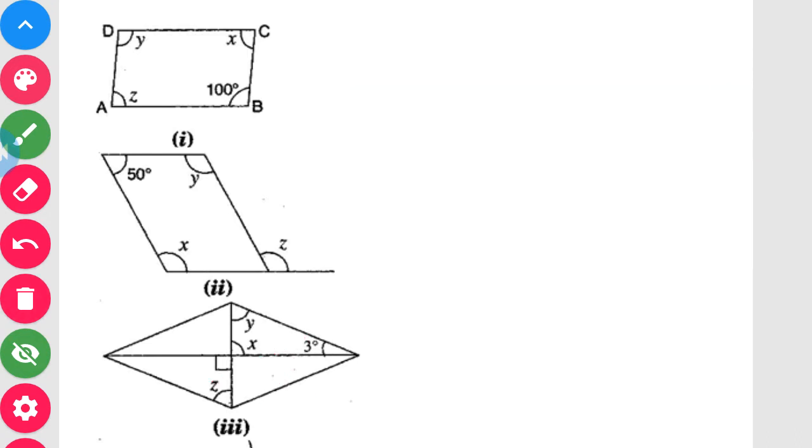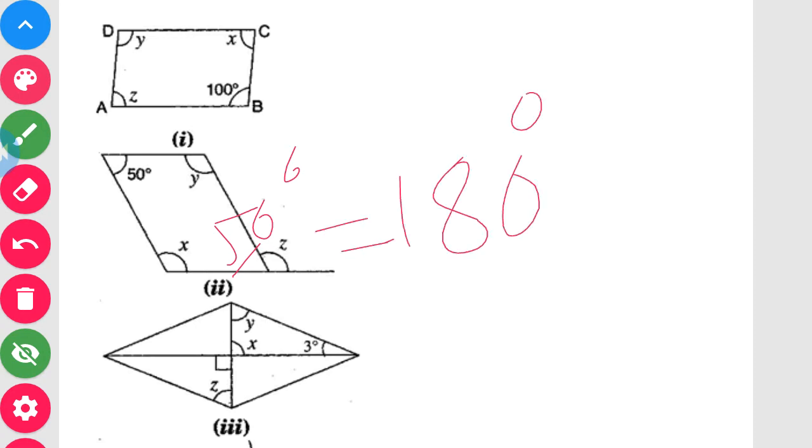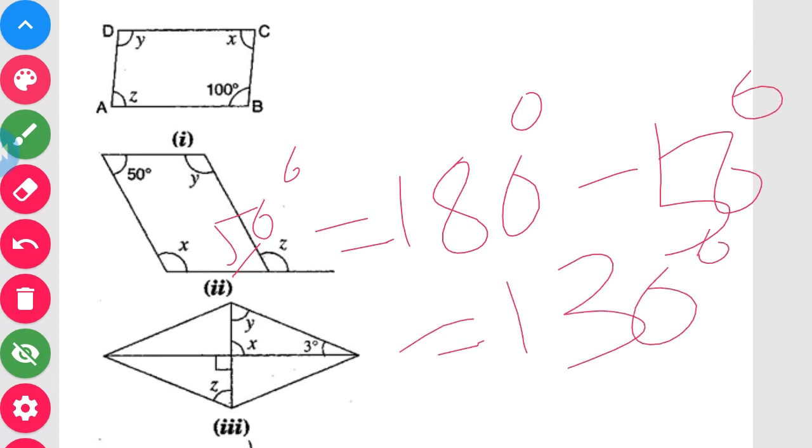We'll take one second example here. If you just see, if I want to find this angle as the linear pair, see it is automatically given here, no need to find as a linear pair. As we know opposite angles are equal, so this angle becomes 50 degree here. So when this angle becomes 50 degree, since the opposite angles of a parallelogram are equal, this z is very easy to find. The z becomes what? 180 minus 50. That will give you 130 degree.